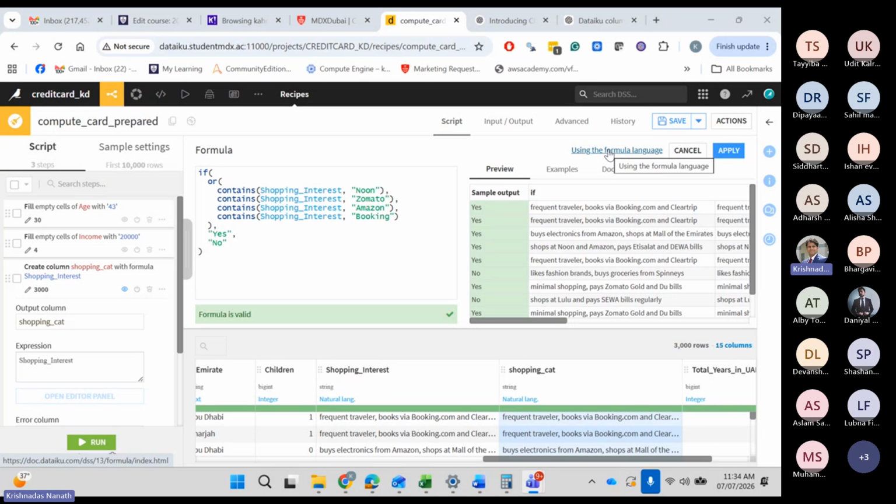Check. I mean, don't apply first. Copy and paste the formula. Make sure the variables are picked up correctly. Make sure the syntax is valid and just make sure that you're getting the preview right. Yes or no?